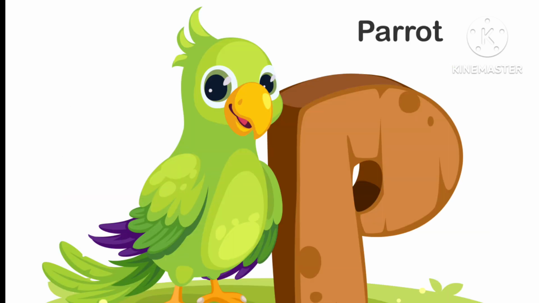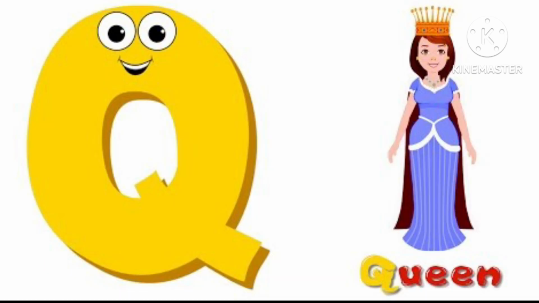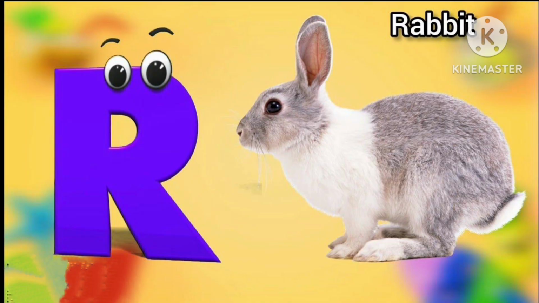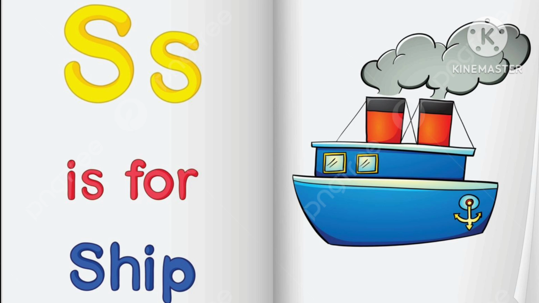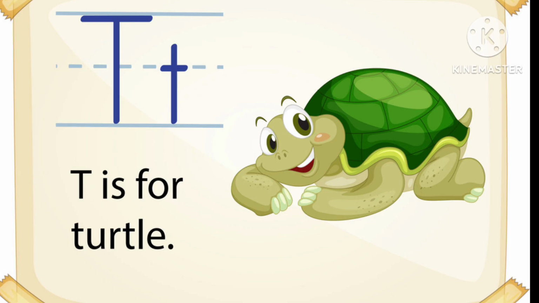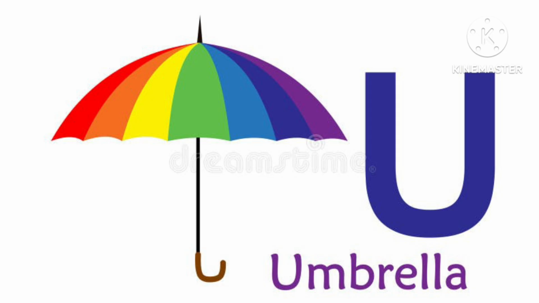orange. P for parrot, parrot. Q for queen, queen. R for rabbit, rabbit. S for sheep, sheep. T for turtle, turtle. U for umbrella,